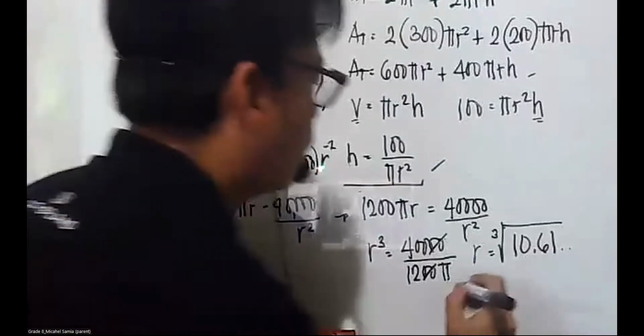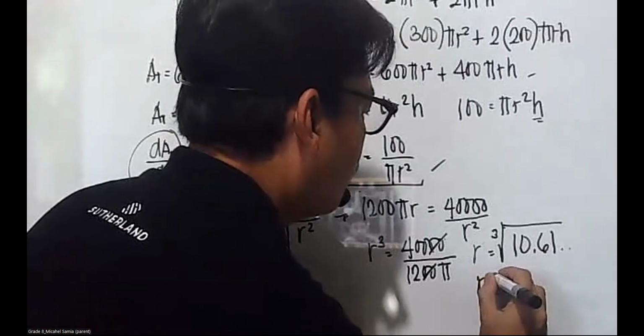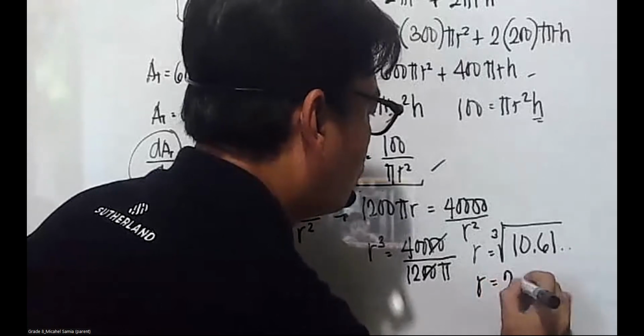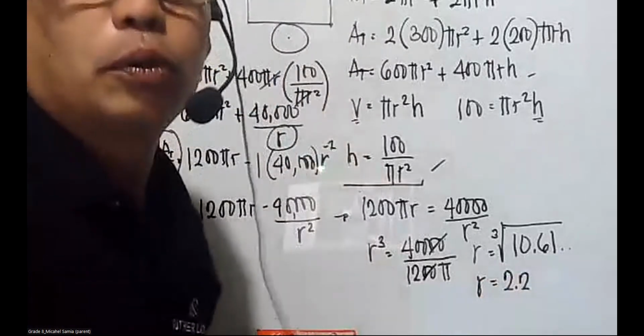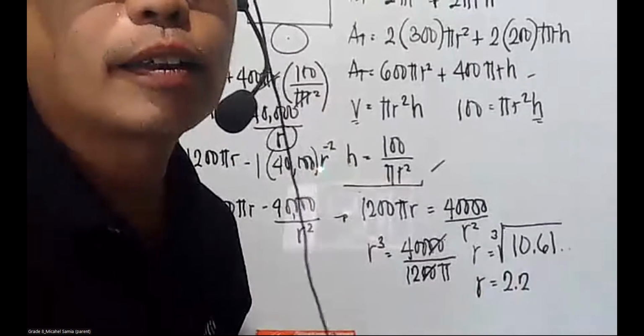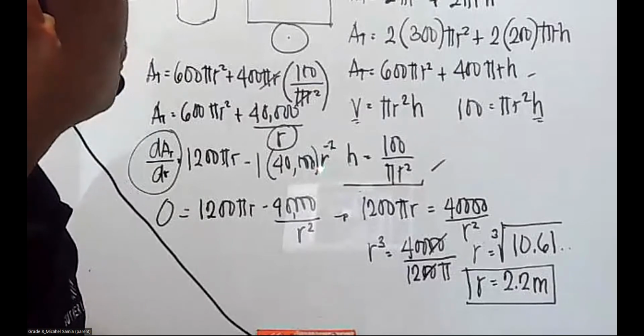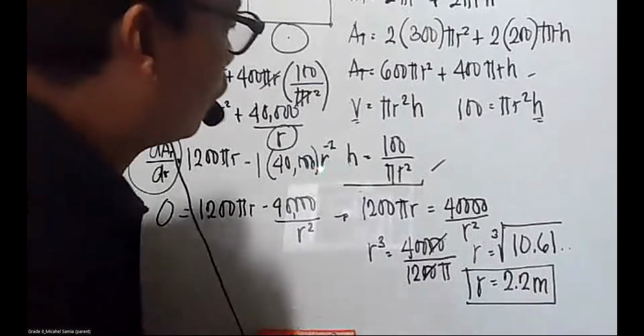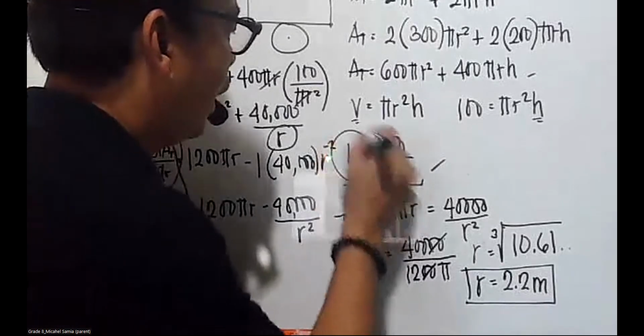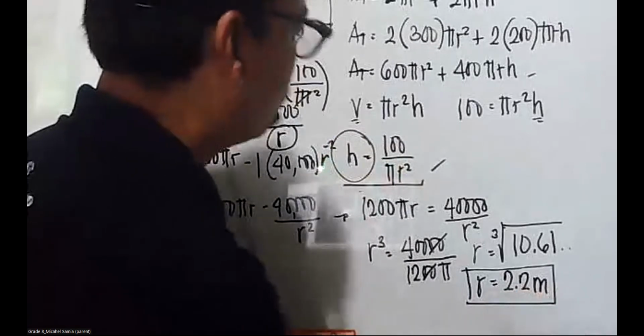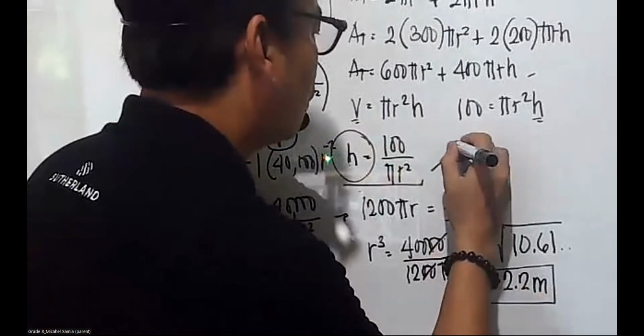So it's around 2.2. So your R now is equal to 2.2. What is R? Meters. Okay. So R now is equal to 2.2 meters. Now, if we're going to look for the value of H, we just substitute the value of 2.2 meters, which is equal to H